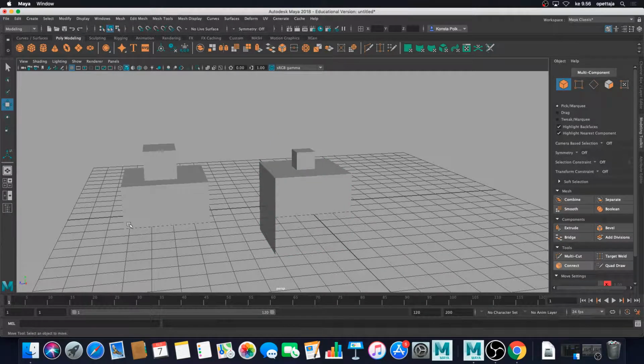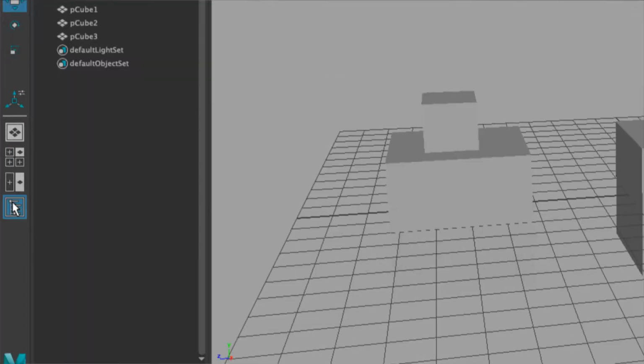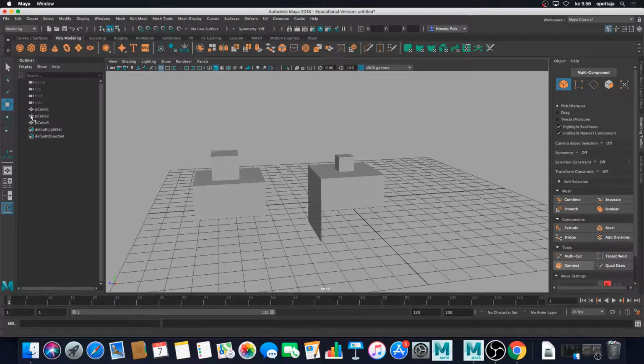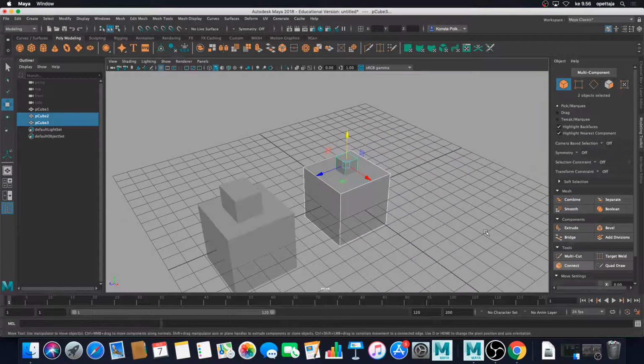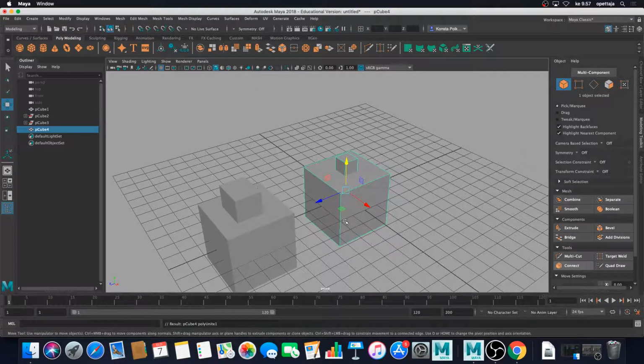So the next thing I have to do is open the outliner. The icon was here, and now I can see all the objects I have in my scene. And then with shift pressed down, I will select these 2 objects, and I had this tool here on my modeling toolkit called combine. If I press combine, you can see that now these 2 cubes are merged together,